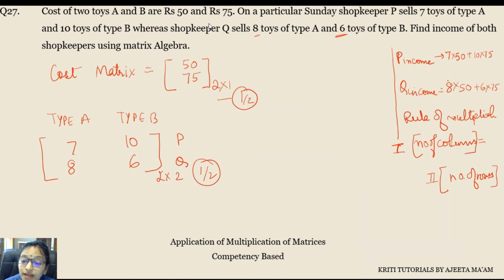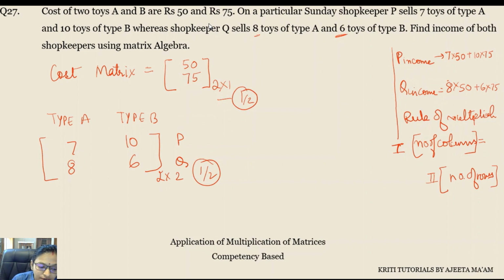तो हमें कौन सा मैट्रिक्स पहले लिखना है बताइए? किसमें हमारे नंबर ऑफ कॉलम्स इज इक्वल टू नंबर ऑफ रोज इन द सेकेंड मैट्रिक्स। ये हमारे पास रूल होता है। अगर ये रूल होता है तो उसके अकॉर्डिंग कौन सा मैट्रिक्स पहले आना चाहिए? उसके अकॉर्डिंग हमारा टाइप ए टाइप बी वाला मैट्रिक्स पहले आना चाहिए और कॉस्ट का मैट्रिक्स बाद में आना चाहिए।